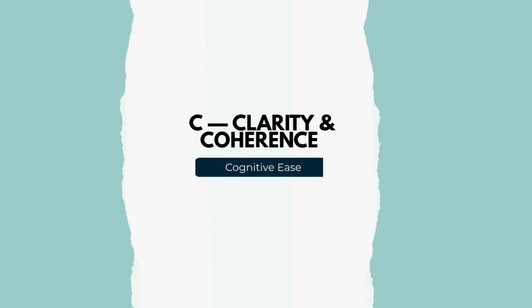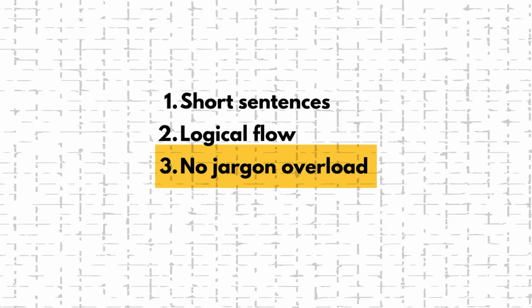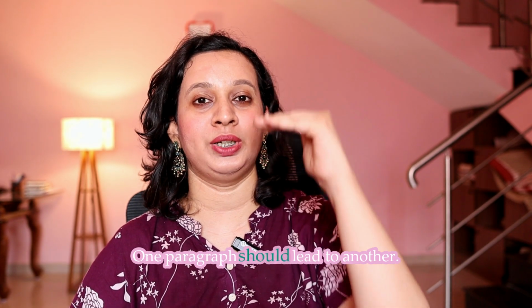The next is clarity. Now, clarity is a word that has been so much used as far as research proposal videos are concerned. Here, for me personally, it reflects three things. First, short sentences. We are not writing paragraphs over here, and if there are paragraphs also, you use short, simple sentences. Second, no jargons. No difficult words, no difficult language. And third, logical flow between introduction and different other sections. One paragraph should lead to another. This is a really great characteristic of a good research proposal.